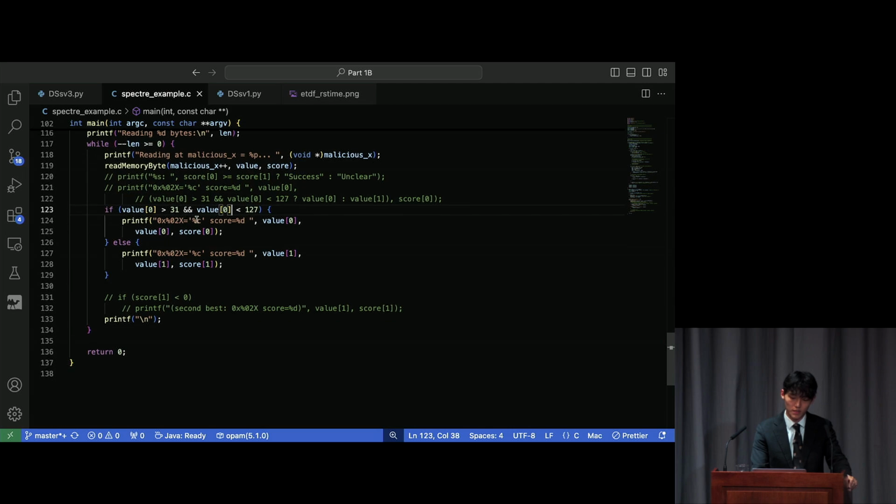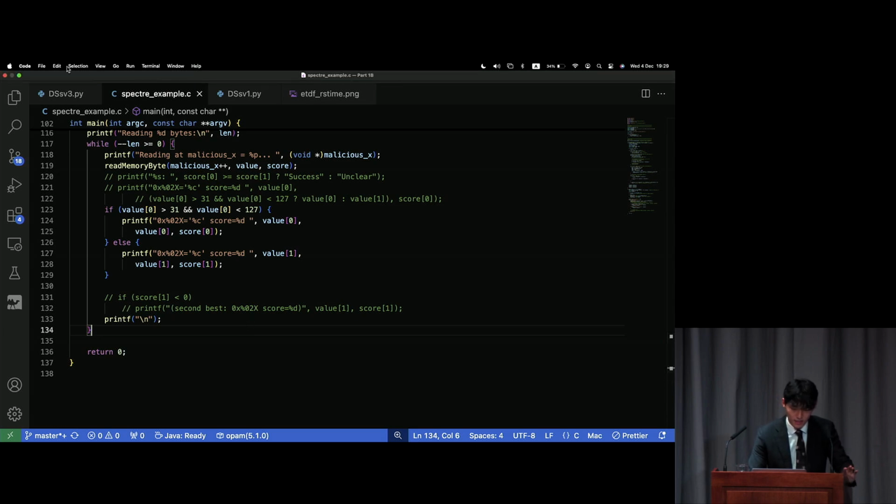One thing I did change from the original code is that if the best performing byte was not a character byte, I just printed out the second best, because in most cases the first best and the second best are quite similar, and it's one of the two. Okay, so let's just run it and see if it can give us